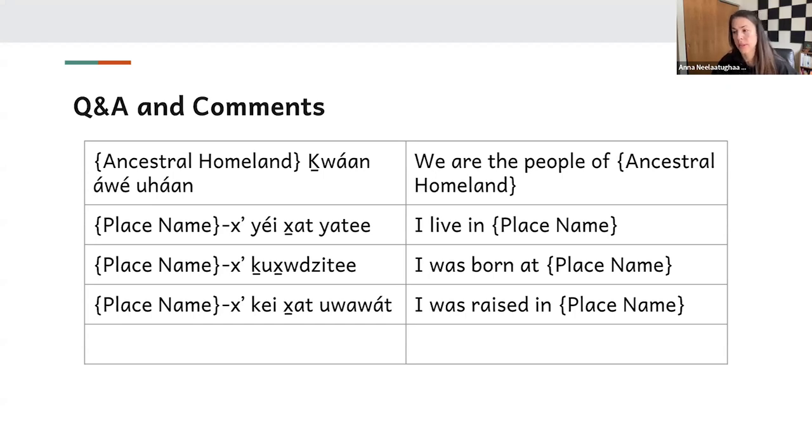And then next one is I was born at. Where was I born? I was born in Valdez. If you were born in Juneau, it would again be Dentikihini. Practice this with me. Dentikihini. And then I was born at, repeat after me. Kuchzeti. There's that Z again.